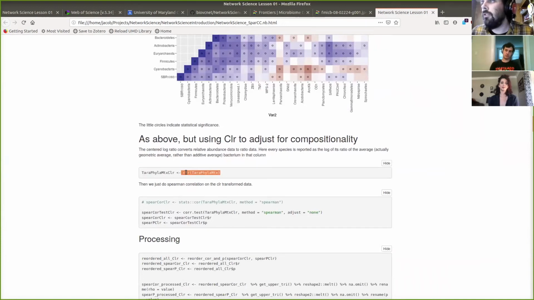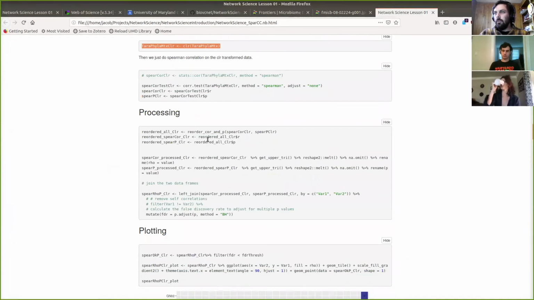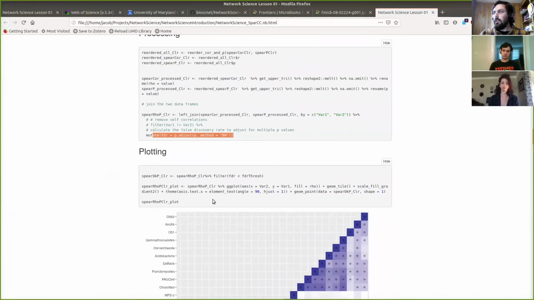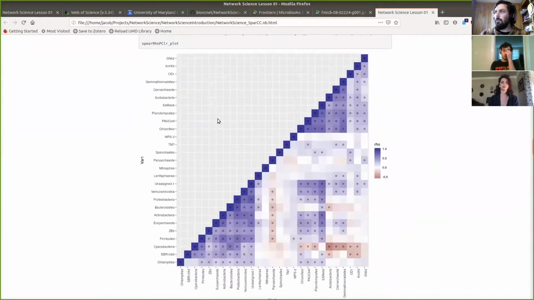So this just goes through and divides everything by the geometric mean for that site. And then all we do is we take that and we feed it exactly into the exact same analysis that we did for the Spearman association for this last figure. So we run the test, we do a bunch of processing steps, we recalculate the false discovery rate, and then we plot everything again with the exact same format,